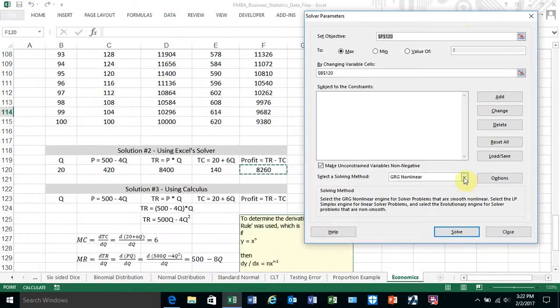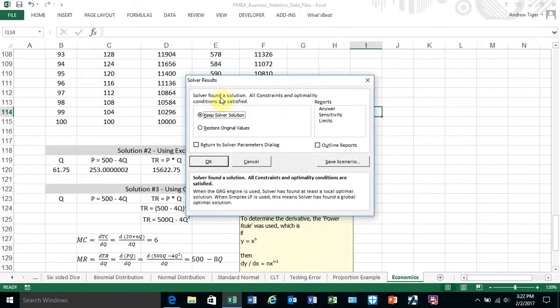allows you to establish, well, what am I trying to make really big or small? What am I trying to optimize? In this, I'm trying to optimize my profit. That's why I've selected cell F120. In this case, I only have one cell that I'm changing, and that's my Q, cell B20. And I want the model to find this to make this as big as possible. So when I hit Solve,